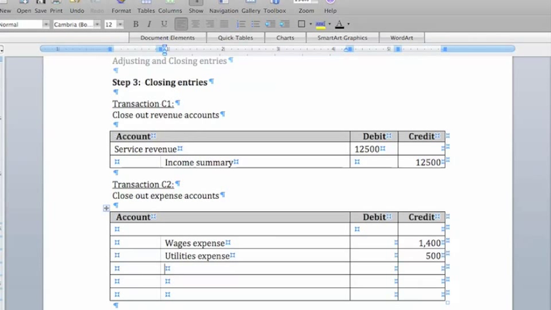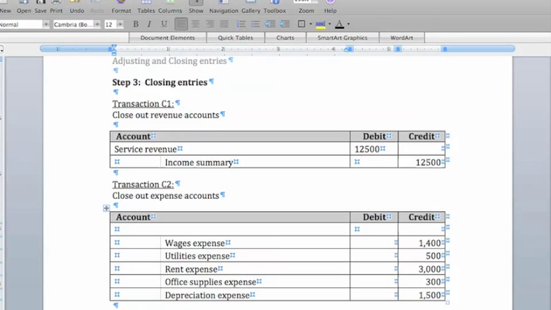There was rent expense of $3,000. There was office supplies expense of $300 and depreciation expense of $1,500. So we can group those all together